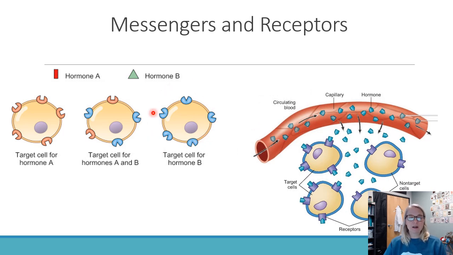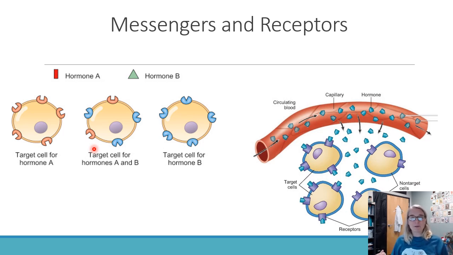So if you are a cell that only has the blue receptors with that pointy shape, you're only going to be able to respond to hormone B. So if only hormone A is flooding around the cells, this cell is not going to respond. It has no receptors for that. If you only have the ones that can recognize hormone A, you are not going to be able to recognize or do anything with hormone B. This cell in the middle, because it has both, could respond and have an outcome if hormone A or B comes down the line. So it has multiple receptors. Keep that in mind when we talk about systemic, body-wide effects.